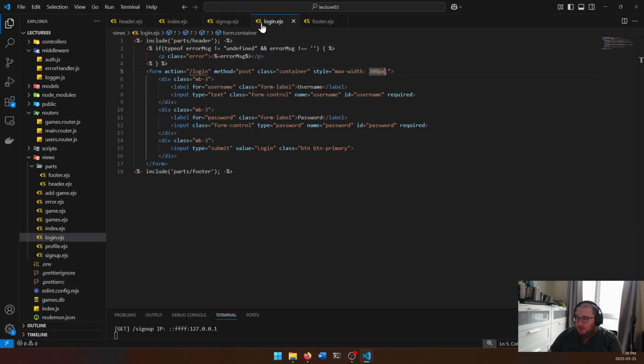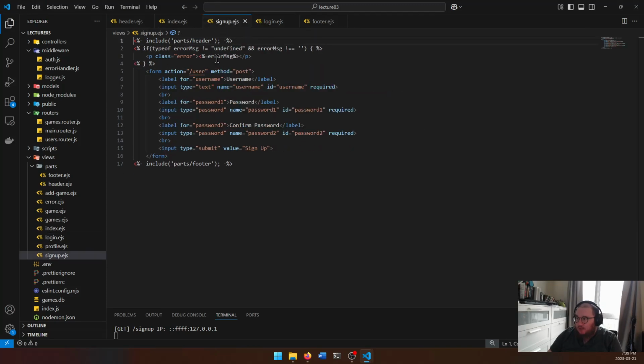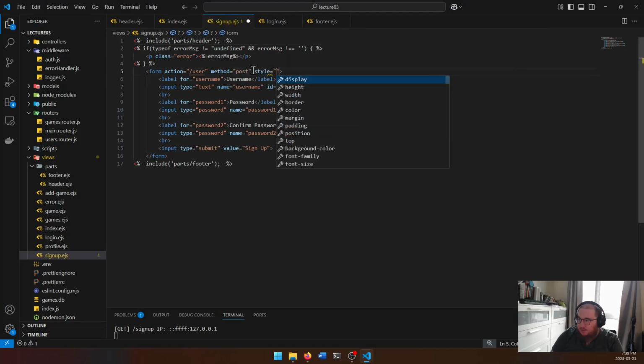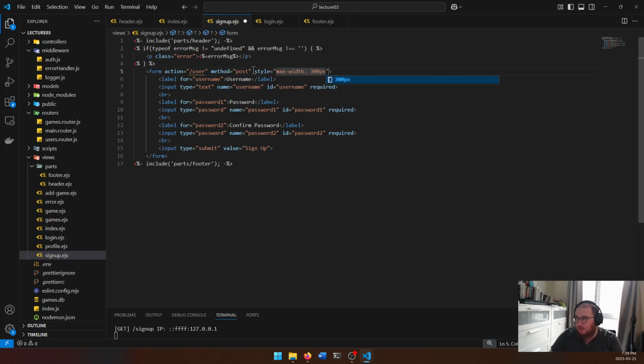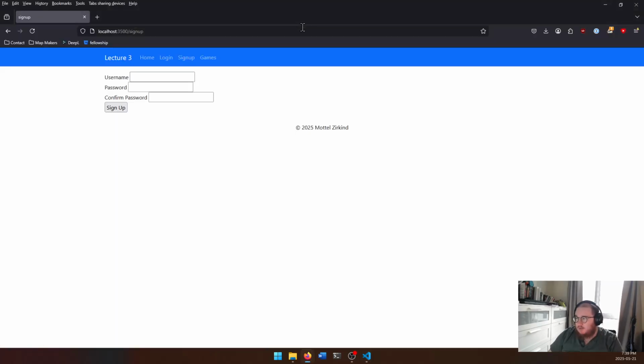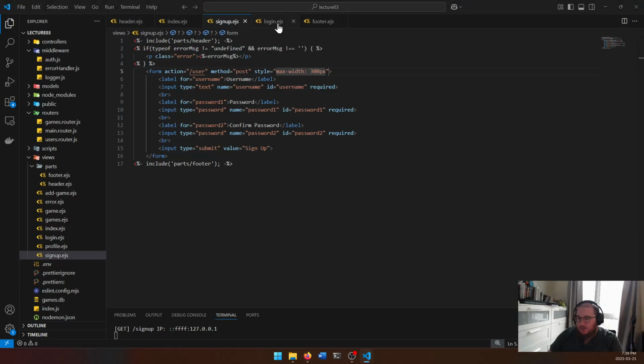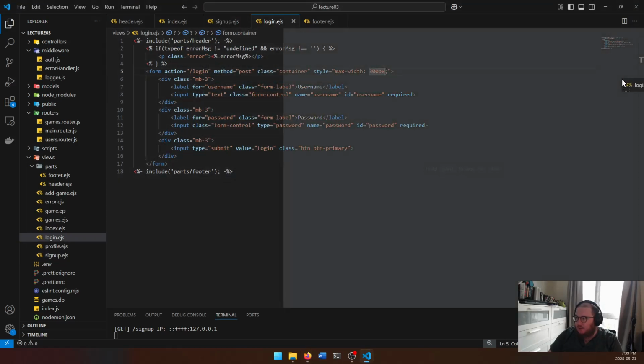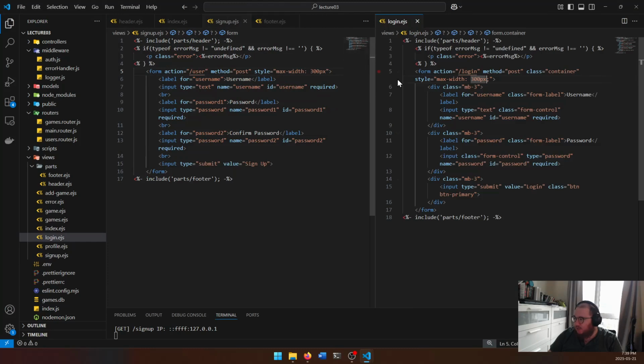How do we do this? First thing we do is we add style equals max width is 300 px. Save that, refresh. And then what else did I do? Actually, I'm going to open this over here so I can see what I did really quickly. And then aside from that, we have